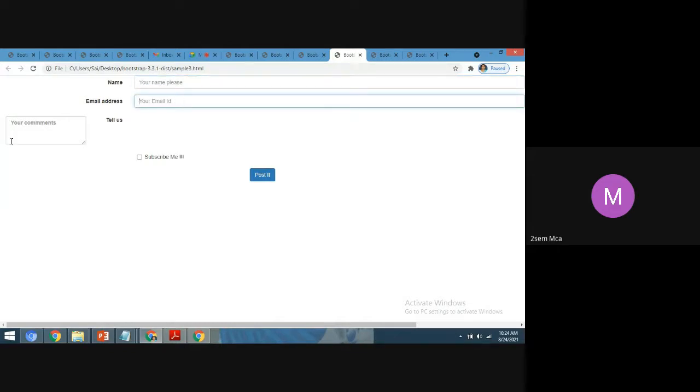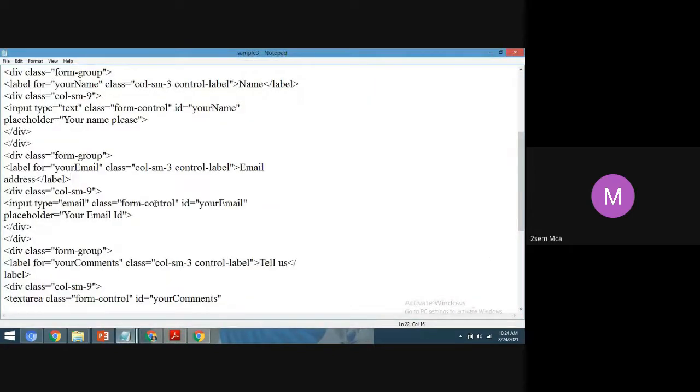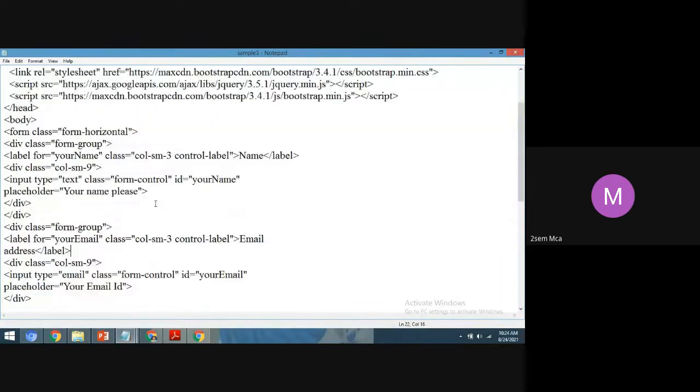Yes, students, one more program I have. Observe the code, students. Observe this code.